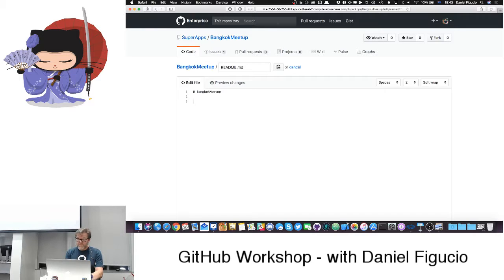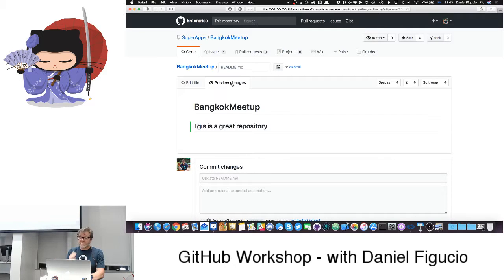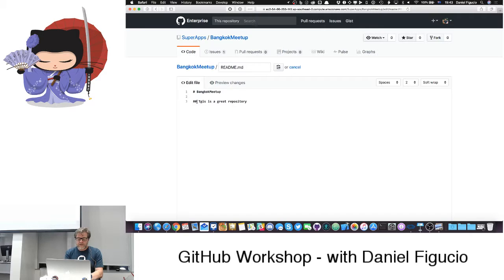I'm going to use some markup, like a heading. I'm going to use a level 2 heading, and essentially say, this is a great, I can't type. We're going to leave that spelling error there because we're going to refer to it later on. You can see if I click on preview changes, because it's markdown, we use 2 hashes. That gives me an idea of what I've changed, and also that the heading size is slightly smaller than that heading 1 we had before. I could change that to a heading 3,